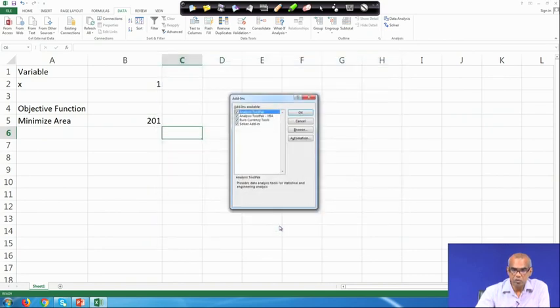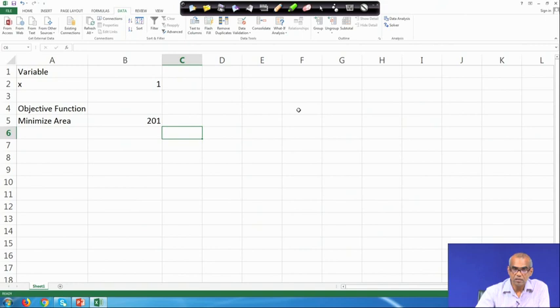Click on Go, check the Solver Add-in box, click OK. Then you will see that Solver appears under the Data tab. I already have it loaded here. If it is not loaded on your PC, you can load Solver just as we demonstrated.